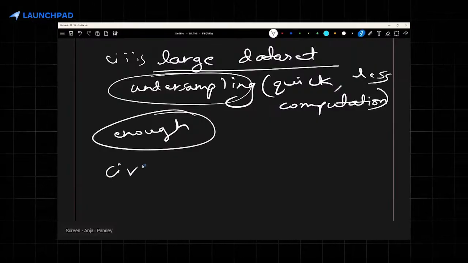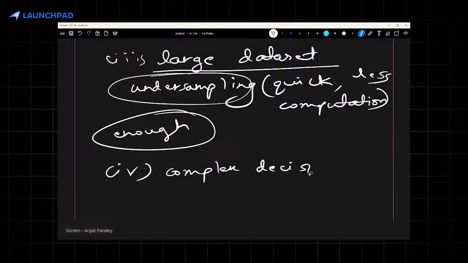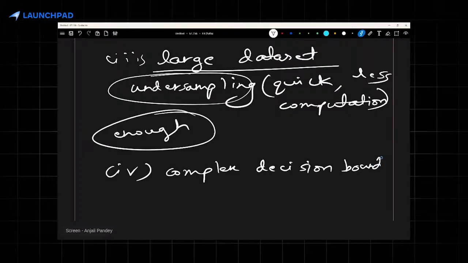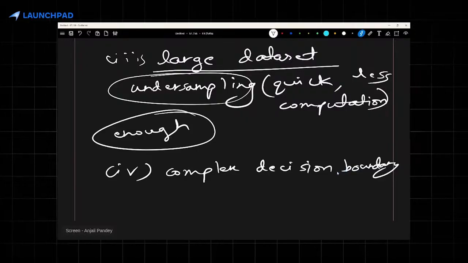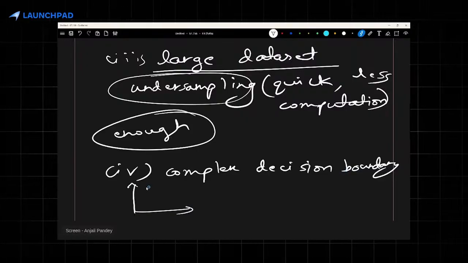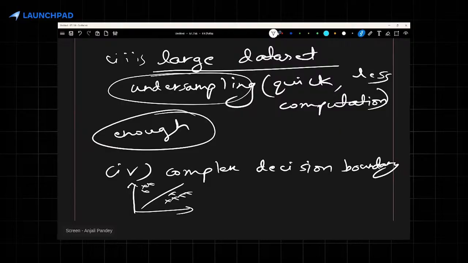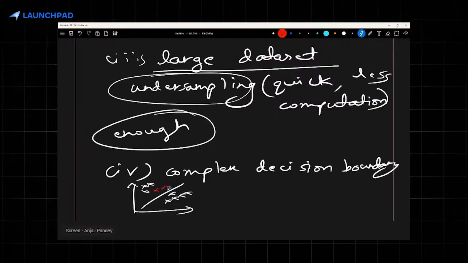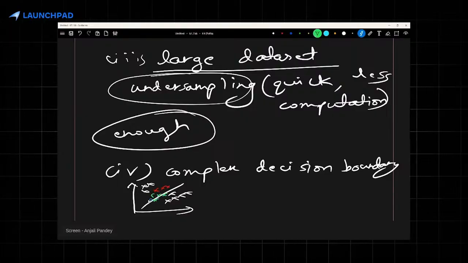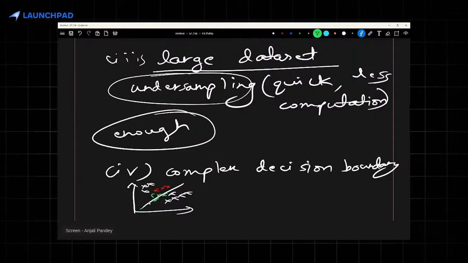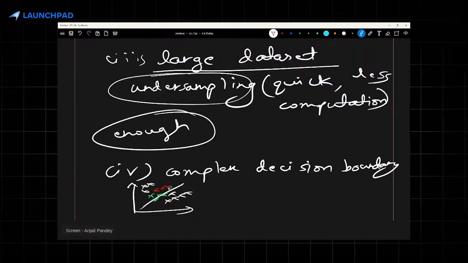Another situation is when you have a complex decision boundary. When I say complex decision boundary, I'm talking about non-separable data. For example, in the data that I have, these are my spam classes and these are my not spam classes, but there's a lot of overlap in my data. Some of these spams are closer to some of these not spams, like this. So this decision boundary is not able to correctly classify my data points. In that kind of situation, where your data is not linearly separable and the classes are mixed up,